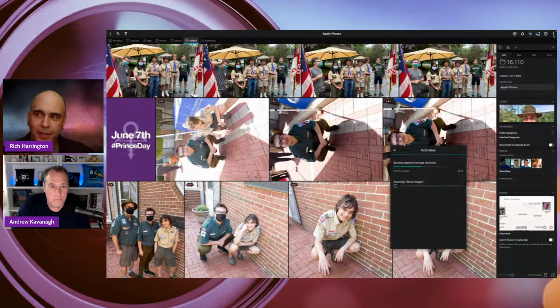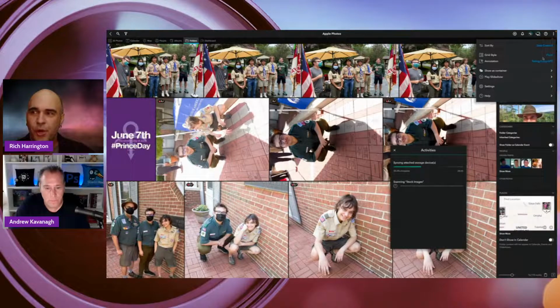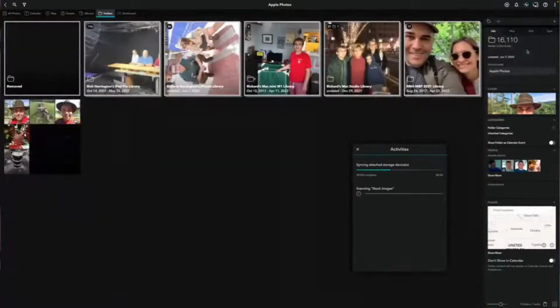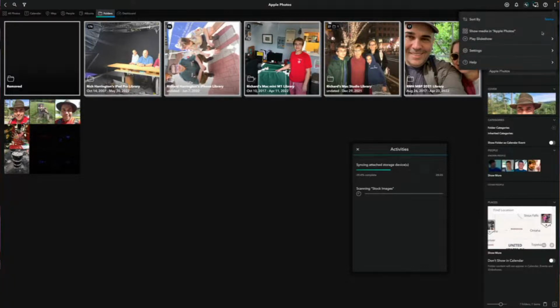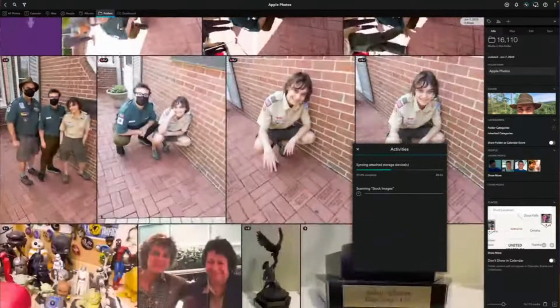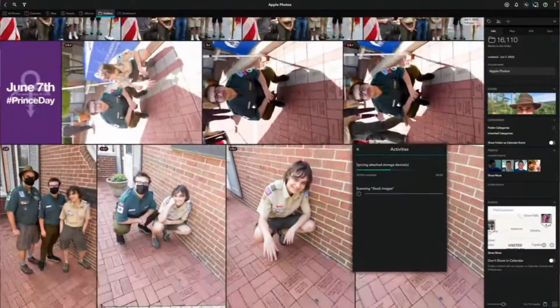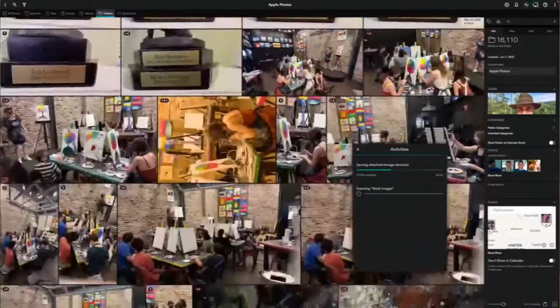So under the hood here, if I say, show me all my pictures, I can see that some of these came from my iPad, my iPhone, my M1 Mac, my Mac Studio, my Mac Mini, my laptop, right? But when I view this, it's just my Apple Photos library. And every picture I've taken, plus pictures I've saved to my camera roll,